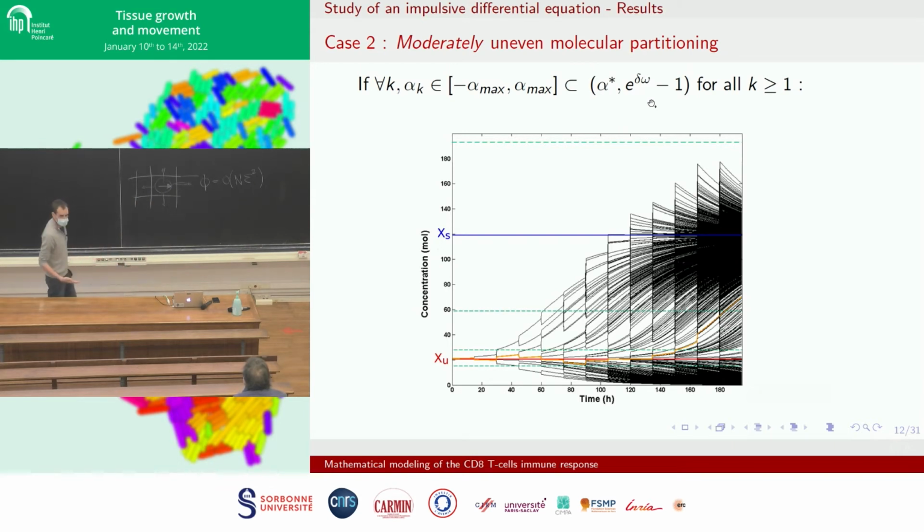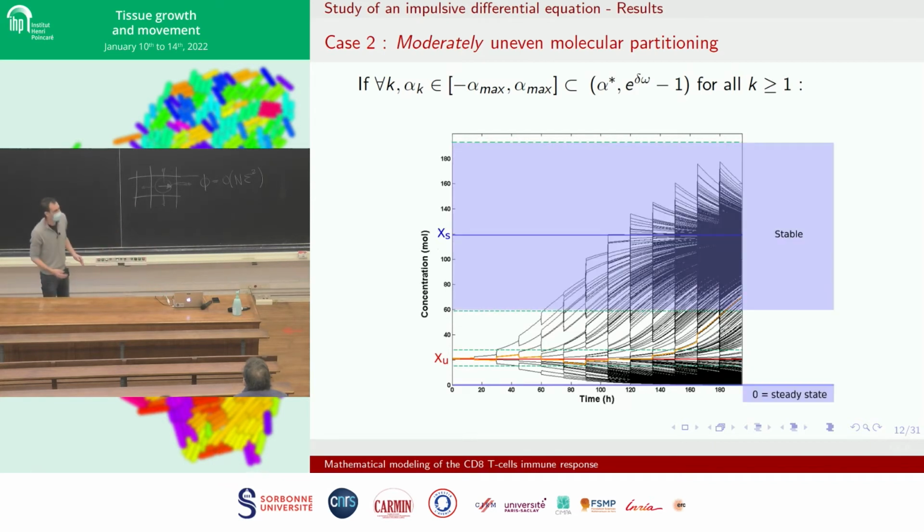And then we can show the following property that I will just illustrate with a picture to avoid introducing many notations. So what you see here is a simulation. We start with one cell with concentration near the value xu that divides, and we get 2 cells, then 4 cells, then 8 cells, etc. And what you can show is that